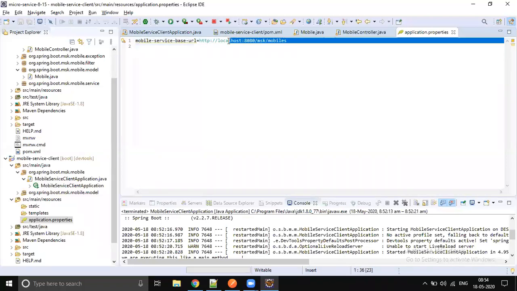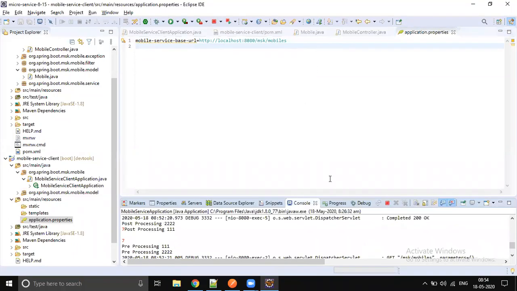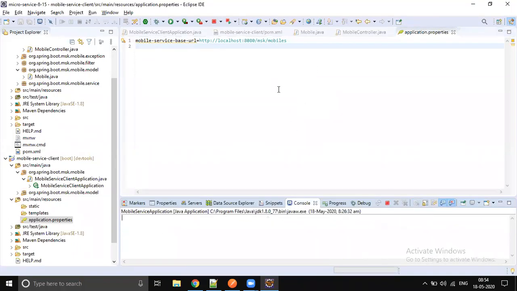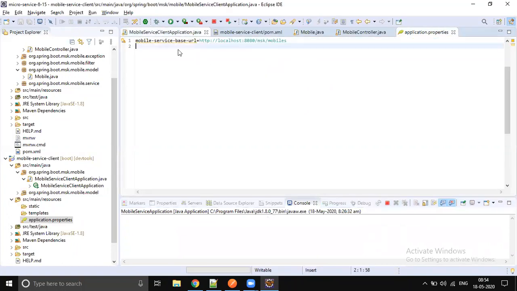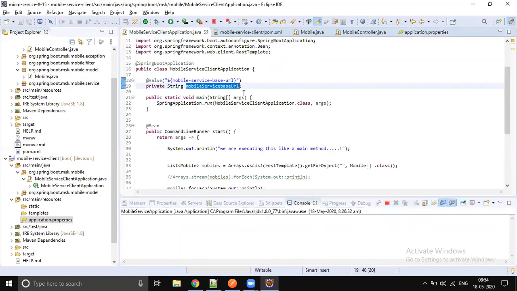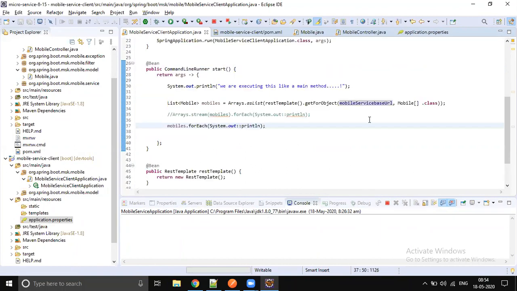We go with a logical URL instead of the complete physical URL. So for now, at least don't hard code it. Just read it from the properties file. Rerun the code, and you still get the same output.